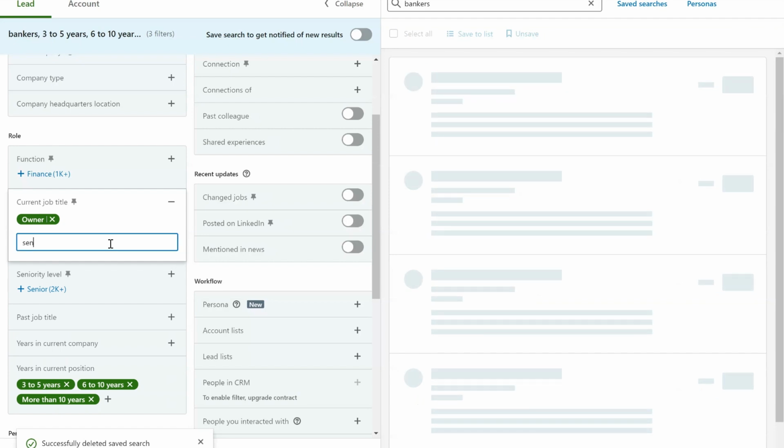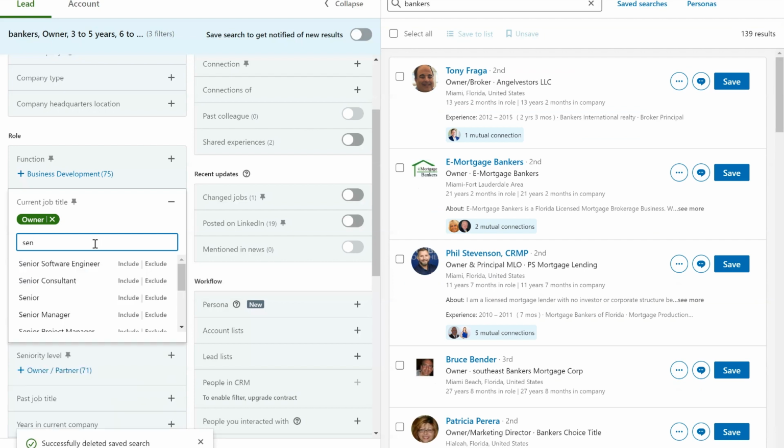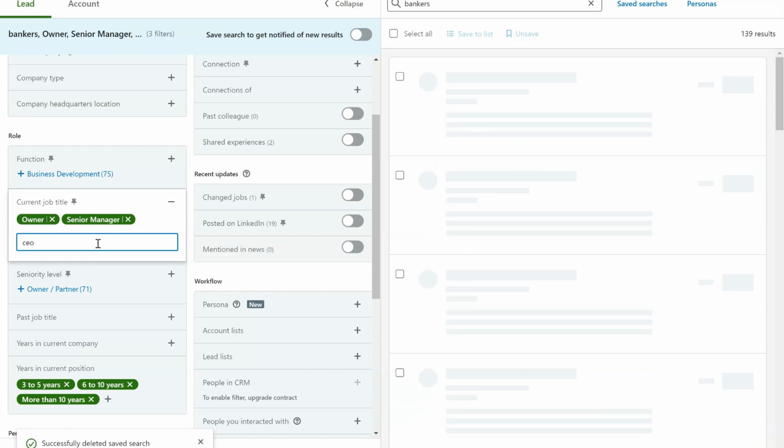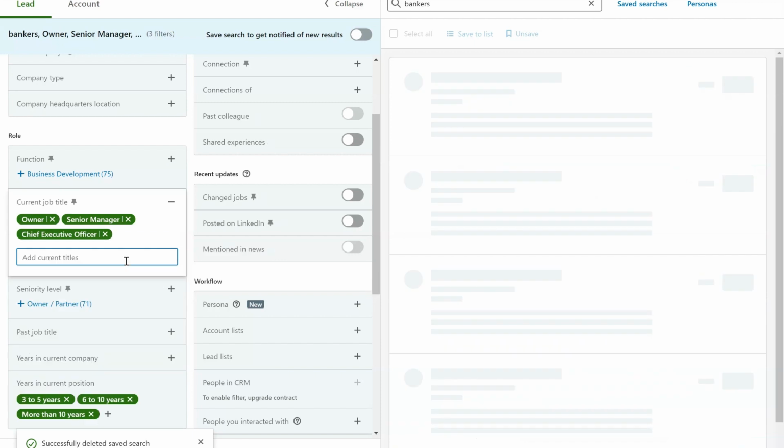Well, you can type in your senior executives here, senior manager, maybe. I only want CEOs. The idea is you can put in here specifically what you want. So you're not getting somebody who's maybe a teller, or you're not getting someone who may be just in the cleaning department in the banking facilities. You're really honing in on a specific key niche area here.